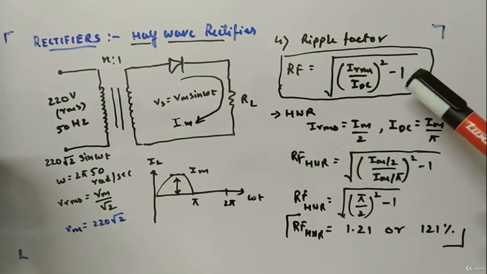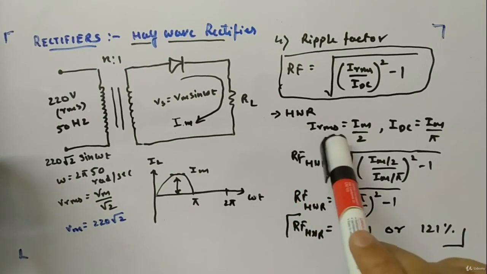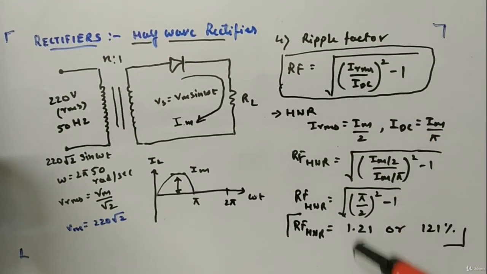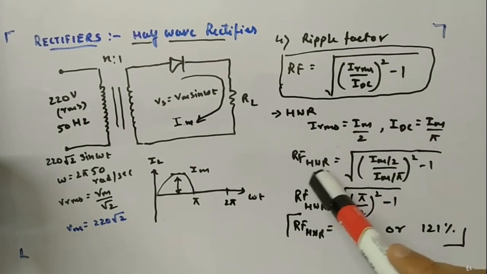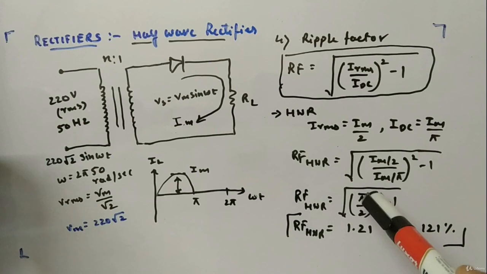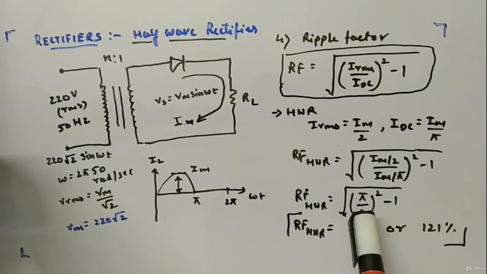Okay, once we get the general expression of RF, under root of IRMS divided by IDC whole square minus 1, now we will involve our half wave rectifier. For a half wave rectifier, we know IRMS is Im by 2, IDC was Im by pi. If you plug these two values here, you will get RF for the half wave rectifier as under root of Im by 2 divided by Im by pi, whole square, minus 1. Im will get cancelled. This will give under root of pi by 2 whole square minus 1. If you plug the value of pi 3.5